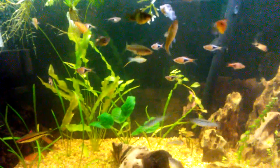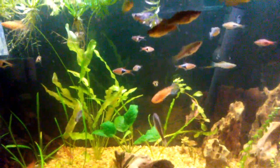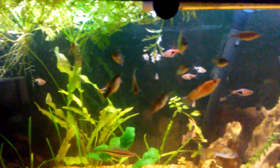say this is a dual tank stand, so I just have the 29-gallon here, and I think I'll put a 20-gallon on top. That's what I have. It's a 20 long that I've had for a while that I haven't set up yet, and I intend to get kribensis for it. And what I'm thinking is